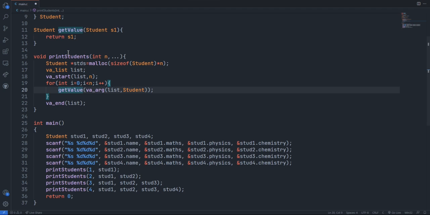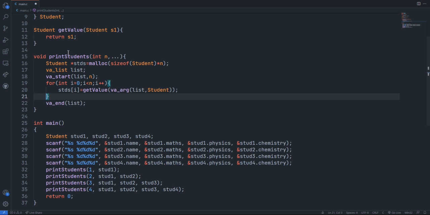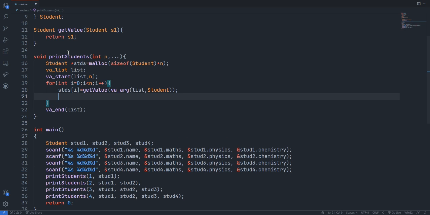So we can store those values in studs of i, and finally we can sort those values, or just for the sake of simplicity I'm going to check whether the